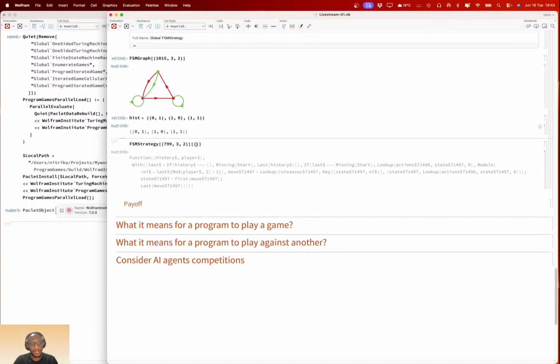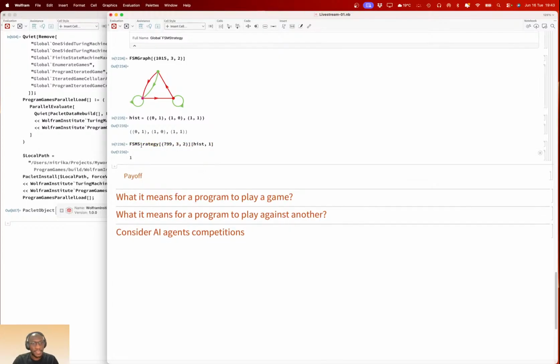You feed that to the strategy, and what it produces will be the next move. So as player 1, the next move for this guy, given this history, is a 1. Now that's a possible strategy, right?